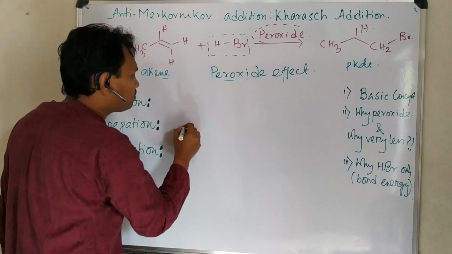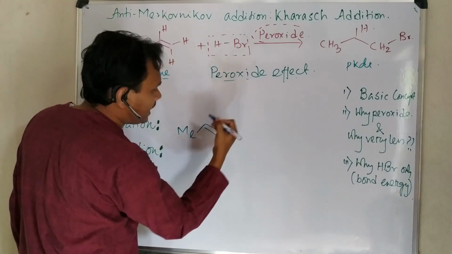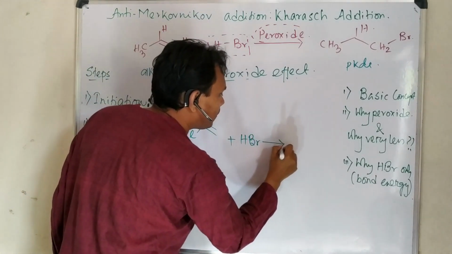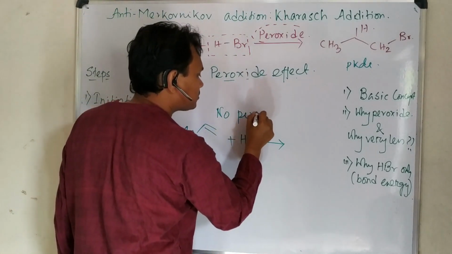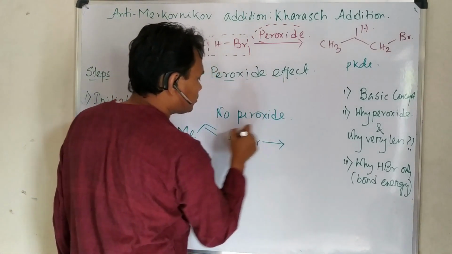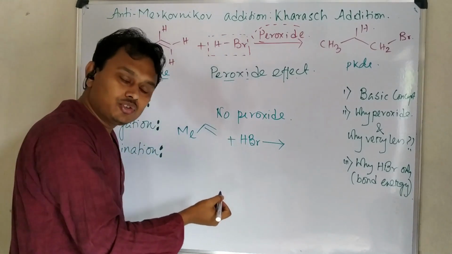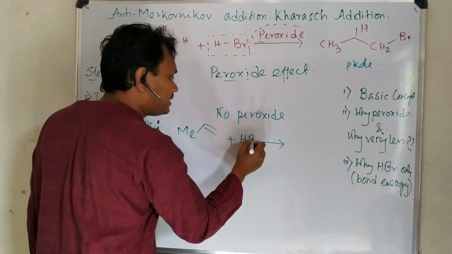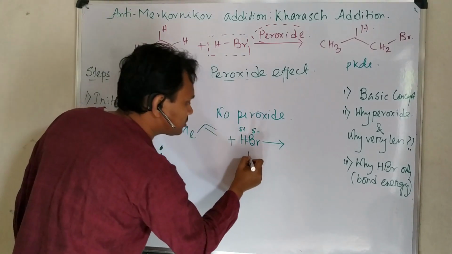Let's take this example and add HBr, no peroxide. So what will be the product? According to the Markovnikov rule, I have explained in the previous video in detail, I am repeating just the thing that the negative part of the addendum will attach to that carbon